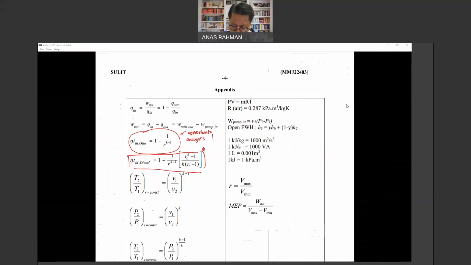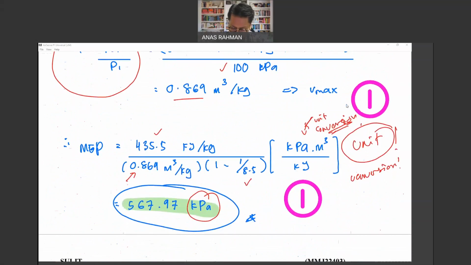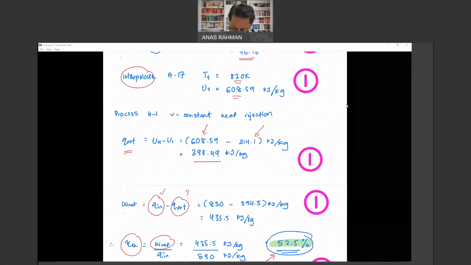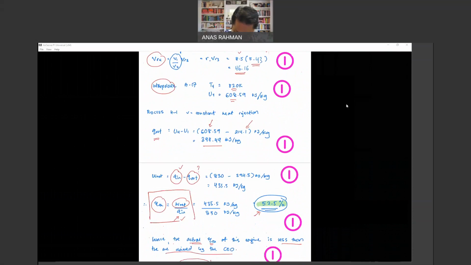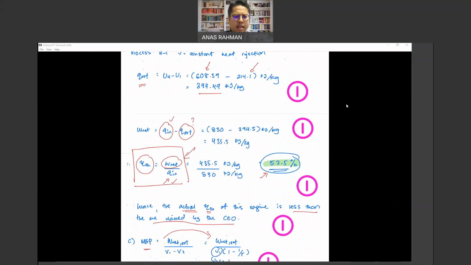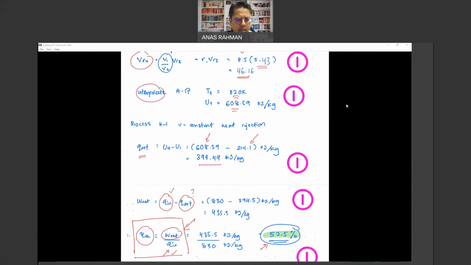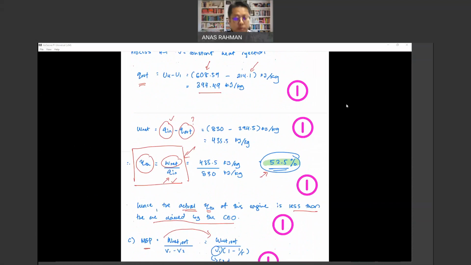Okay. So, some might wonder, is it fair for students? Okay, so I'm going to make it a bit smaller. All right, so over here, if you use this particular method, which is the W net divided by Q in, you have to calculate the Q in, the Q out, all the details, you have to do interpolation, which is quite detailed. But students who use the approximate analysis, the equations from the appendix, will get the same full mark. Okay. But there's a tip, or a trick. If you use this particular equation, of course you get full mark.